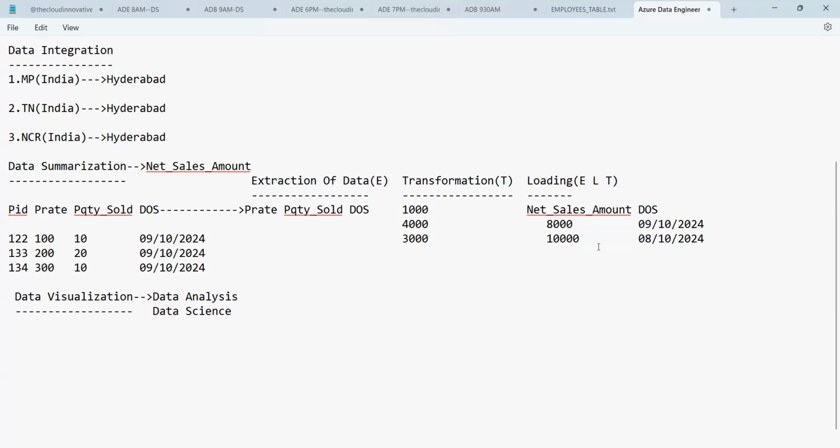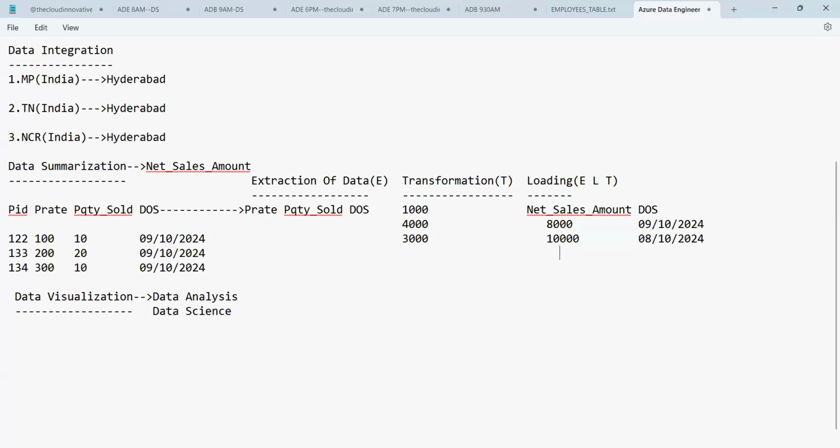So here you have it, 10,000. Now tell me, if you wanted to know which one has more sales, the eighth day comparatively with the ninth day, just comparing these two lines and coming to a conclusion is the job of what? Data analysis. And data analysis will be applied by the person called what? Data analyst.